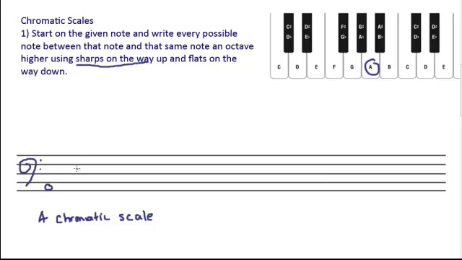And we're going to use sharps on the way up. So we're going to go from an A to an A sharp. And we're going to go from A sharp to a B. From a B right to a C because there's no black note in between. C to C sharp. Then we're going to go from C sharp to D. D to D sharp. And remember, I know I'm stressing this a lot, but we call them sharps on the way up. So we go to D sharp to E, E to F, F to F sharp to G, G to G sharp,